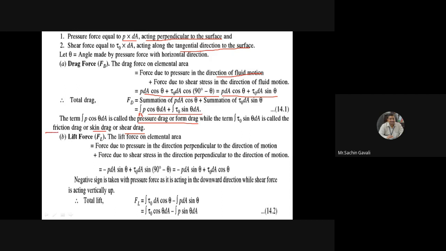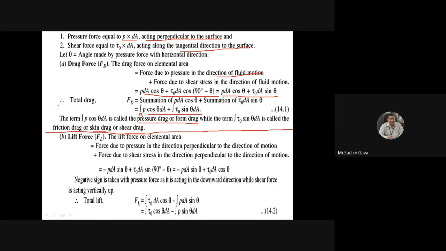And lift force is also very simple. For those who are strong in applied mechanics, it is very easy. So please write down only the basics. I have only given some hints for the basics. In an offline examination, the favorite question of the setters is always: derive an expression for drag and lift on stationary bodies. This is a 6 mark or 7 mark question in an offline examination.